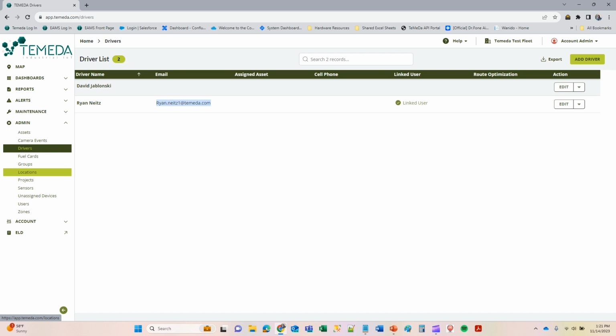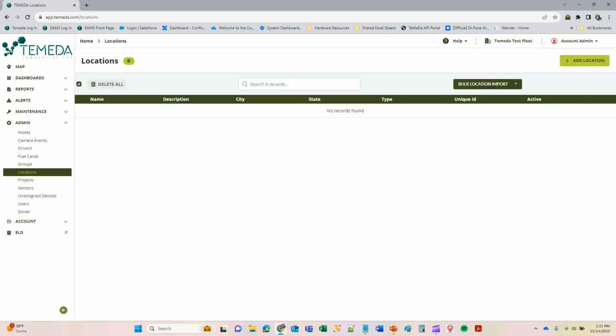We have the same alerts for locations that we have for zones, so location entry and exit alerts. You can also do a job site utilization report, which will show you the number of engine hours for each asset within a location. So basically, all the functionality we have built out is using locations, but because of all the reporting that we use with locations, we have to limit their size, which is why we have zones. So zones can be the entire size of a country, continent, however big you want zones to be. So first, I'm going to set up a